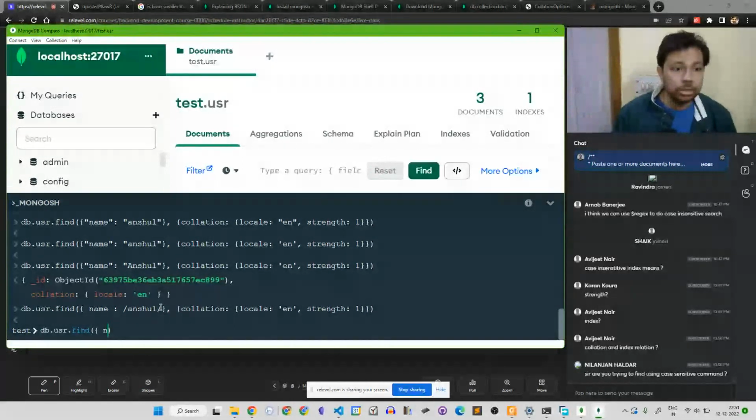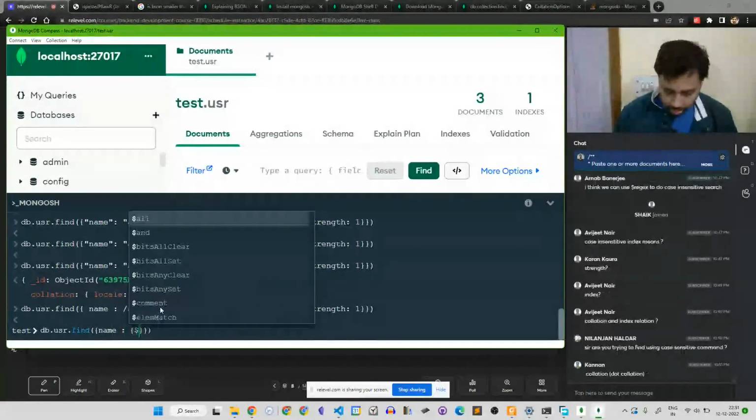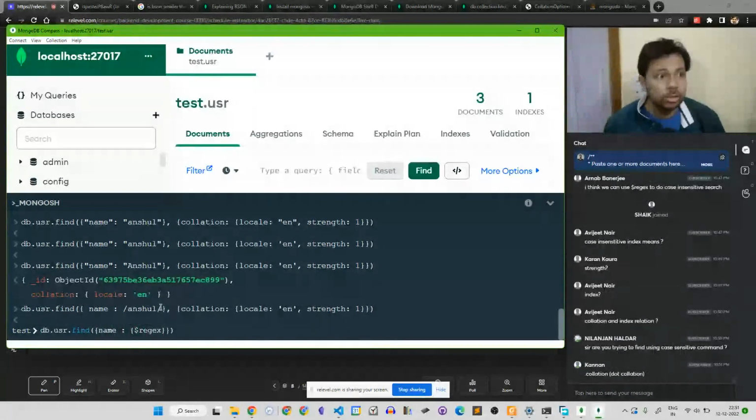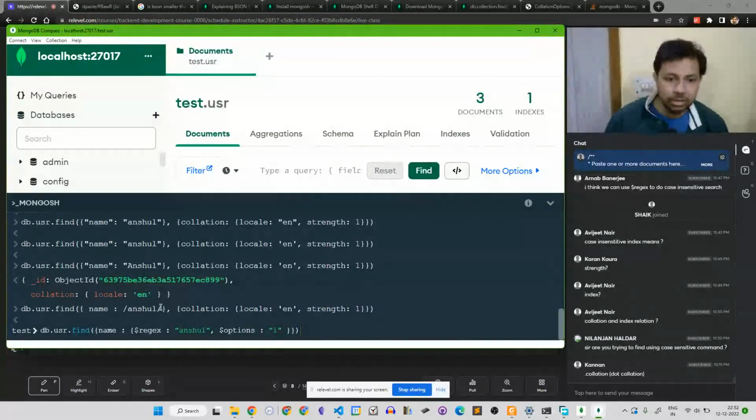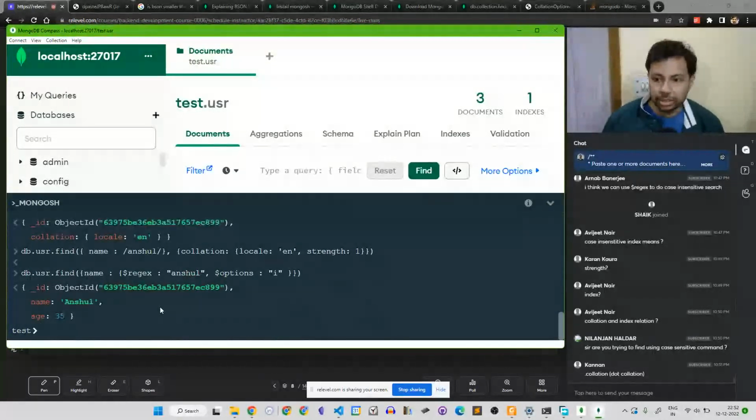What you can do is name is $regex, and then the name would be Anshul, and then you can do $options as i. When you do this, it will be case insensitive. So if I run this, it finds it.